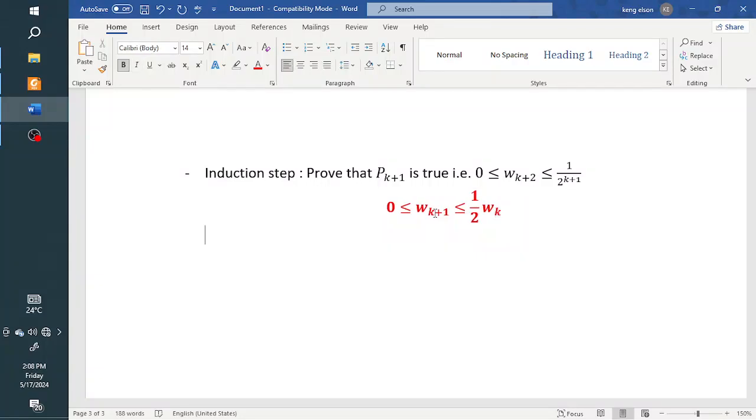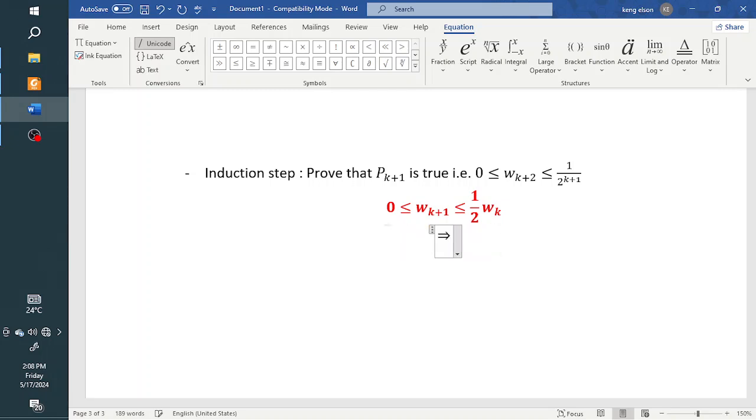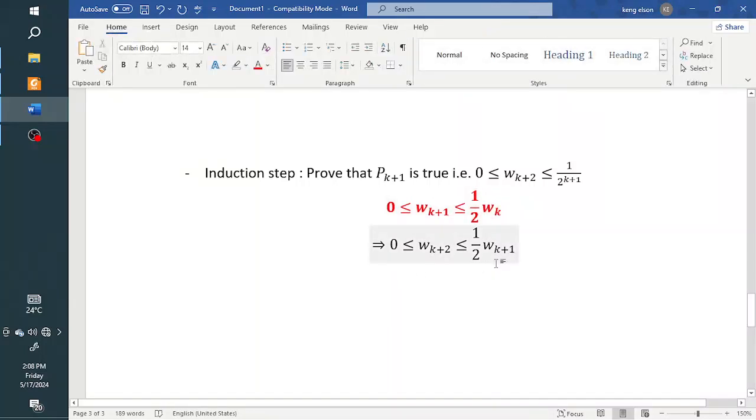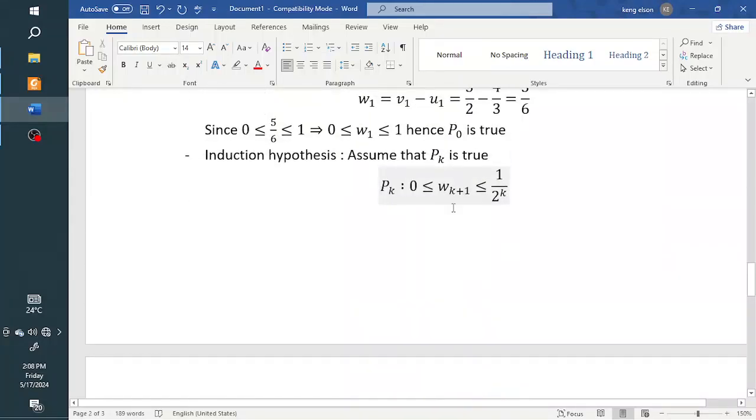So this means that 0 will be less than or equal to w_{k+2}, less than or equal to half times w_{k+1}. I'm just replacing k with k plus 1. So this becomes k plus 2, and this becomes k plus 1. This is very true because the original statement is true, so it's going to be true for all the terms. Now in my induction hypothesis, my w_k is already between 0 and